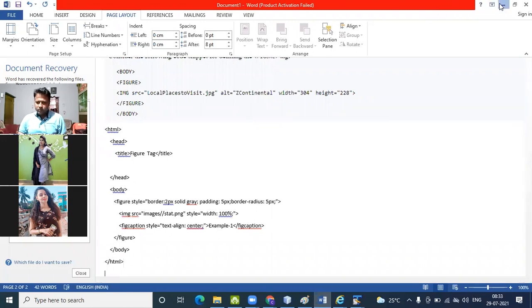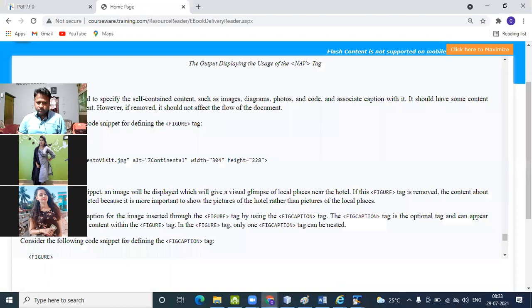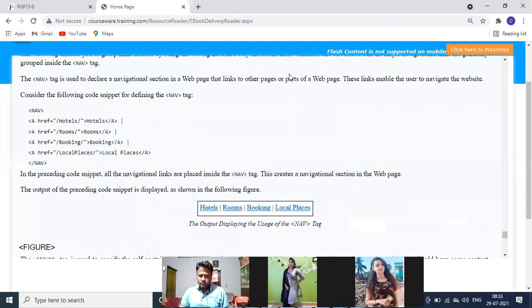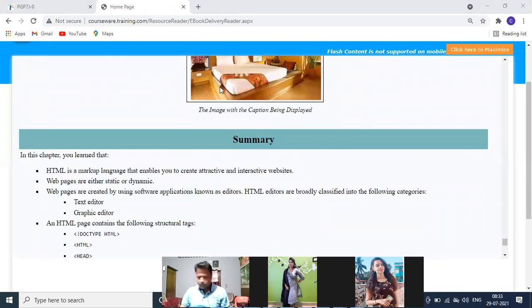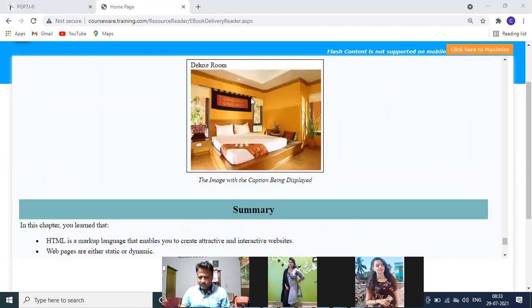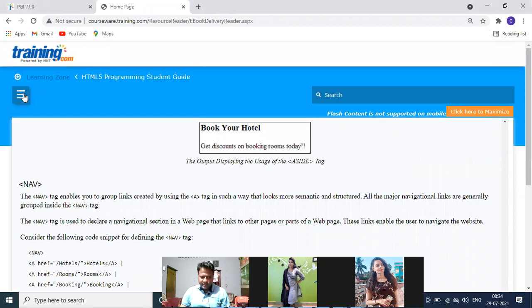Next I move on. Okay, so this first chapter is over, and I move to the second chapter. The second chapter is basically on the CSS part.